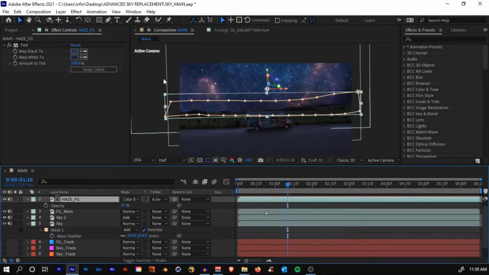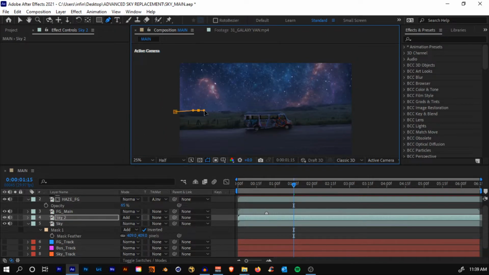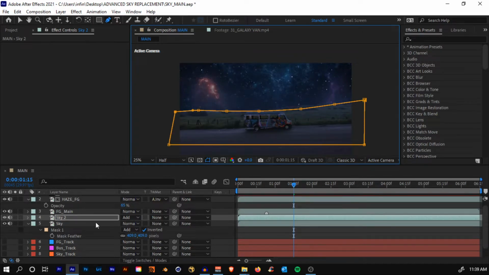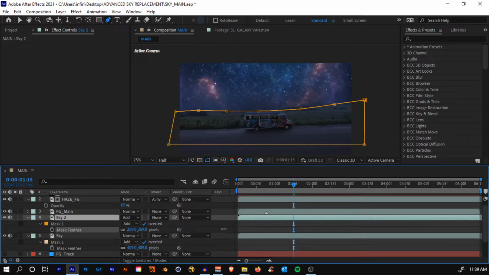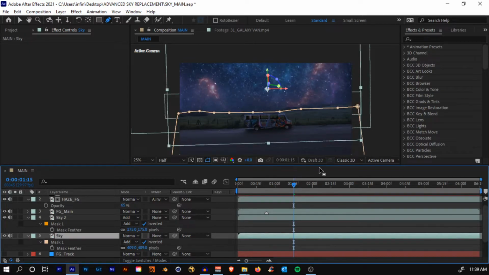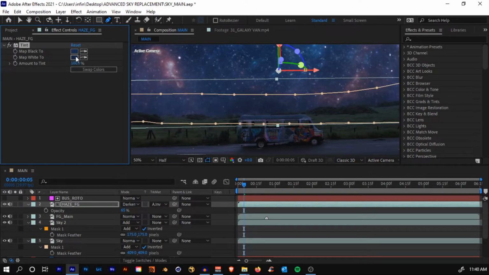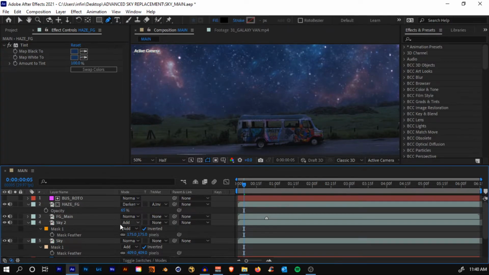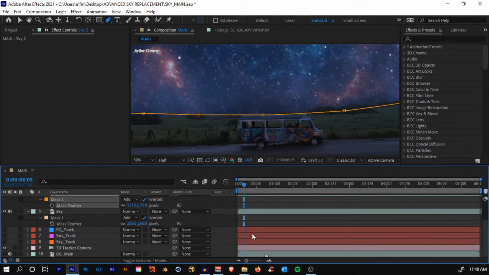I think I'll keep the blending mode of the edge layer to normal. Okay, just feather this out. Same thing with the second sky too. Select the pen tool, draw a very rough mask, hit M on your keyboard, invert it, hit F and feather it out. Something like that. Yes, darken is fine, no problem. And you don't increase the feather much. I think we'll just keep it like 150, 200, something like that.